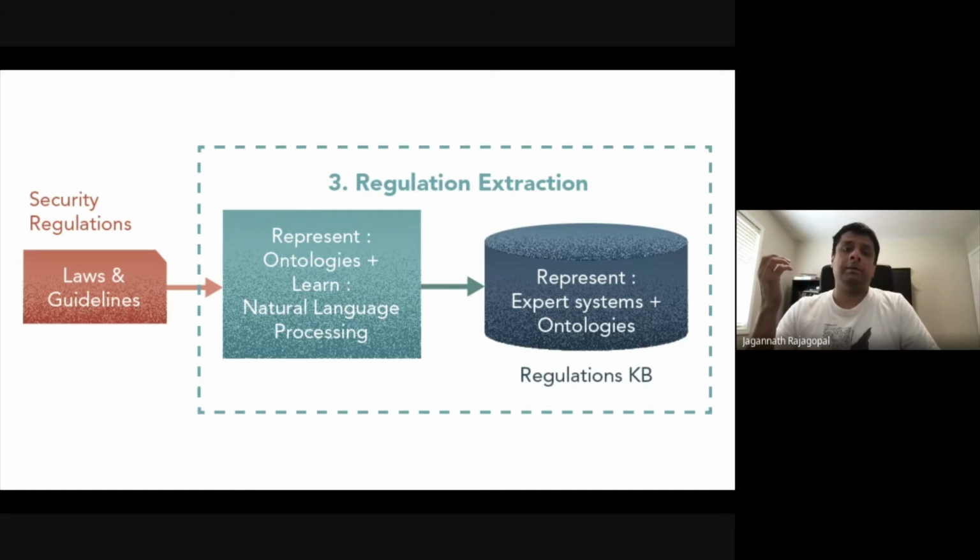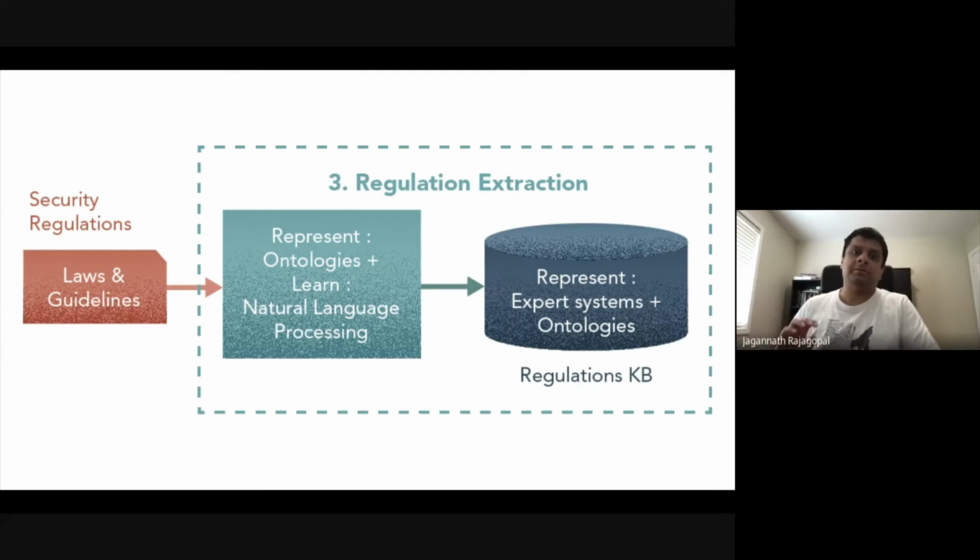We talked about expert systems, ontologies, and NLP. How do these come together? The first option is just to handcraft an ontology using the rules and guidelines. This would be laborious, but if you have a project for multiple buildings, you probably just need to do this one time, because rules and regulations don't really change across different buildings. The other option is to use natural language processing as a filter or starting point, and then pass that output to the human expert in the loop to fine tune the ontology.